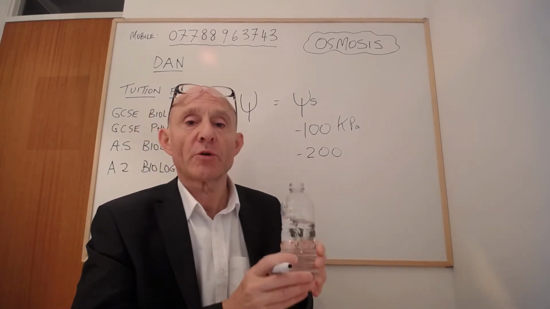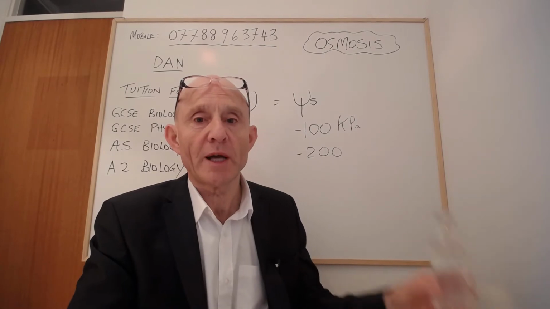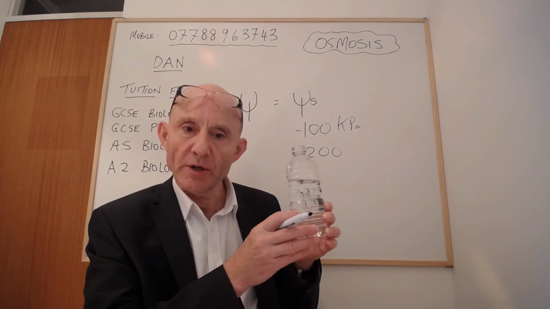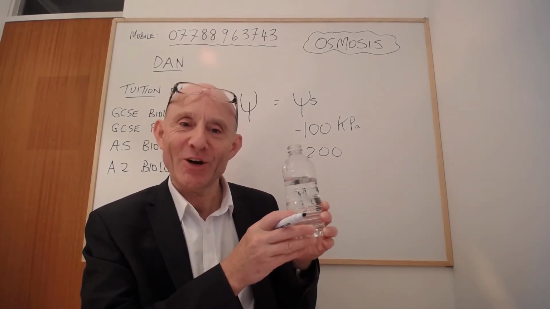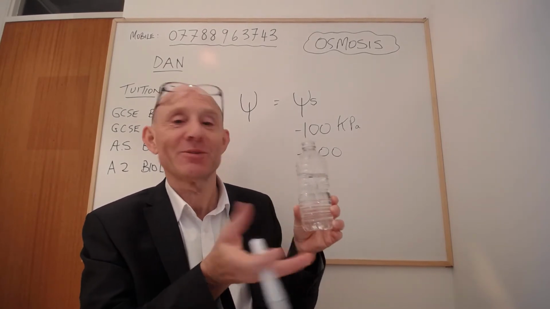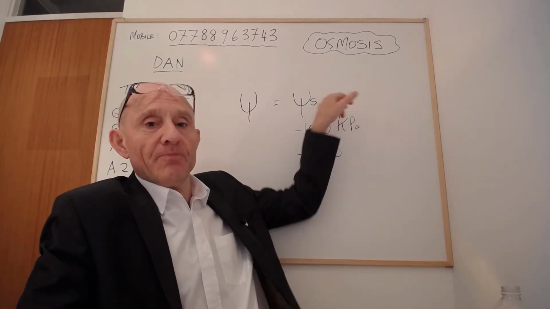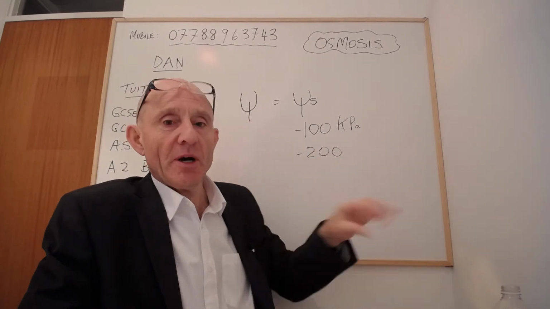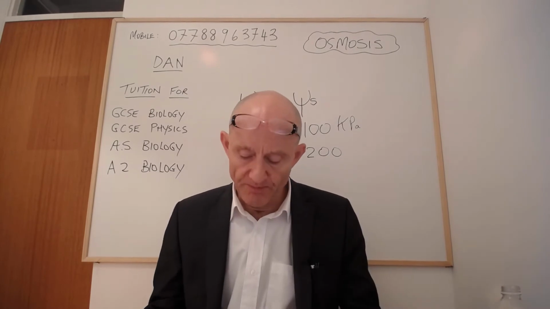Okay, so there was once an exam question, it said something like, suggest what you would add to pure water to lower its solute potential, and the answer was solute, some sort of dissolved stuff, which seemed counterintuitive because you thought if you add solute to water, that has to raise the solute potential, but no, actually it lowers the solute potential. So the solute potential maximum value is 0, and it can only ever be less than that if you add stuff to the water, you add ions and so on. So that's the rule for